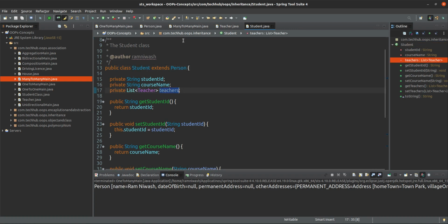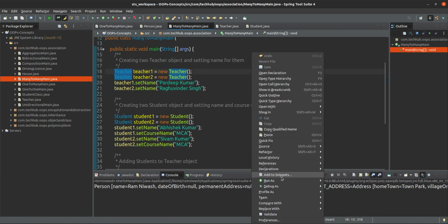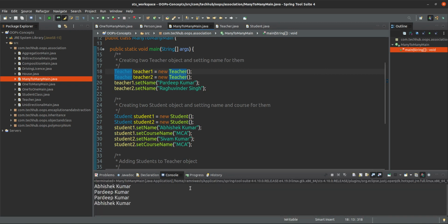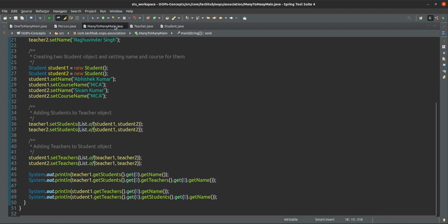So this is many to many mapping. The output will be the same: Abhishek Kumar is a student, Pradeep Kumar is a teacher. Pradeep Kumar is a teacher, Abhishek Kumar is a student. So this is many to many.